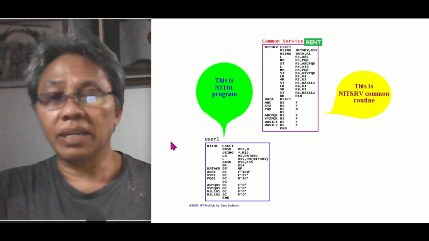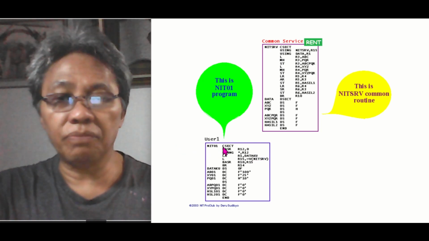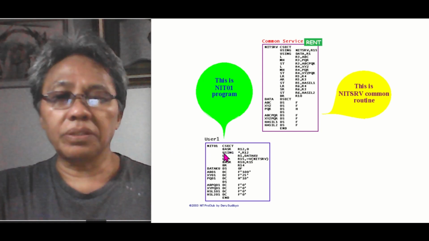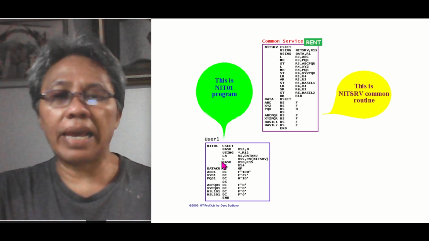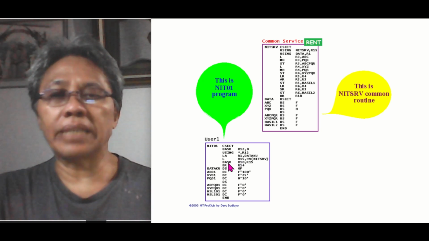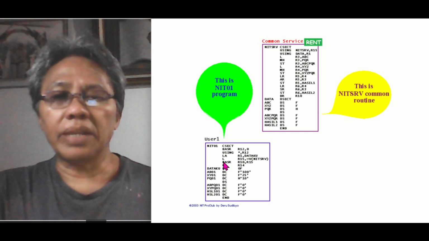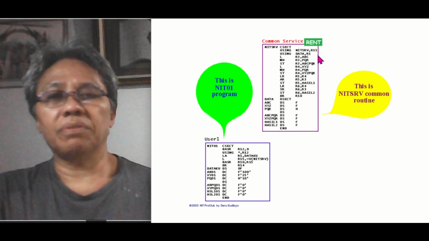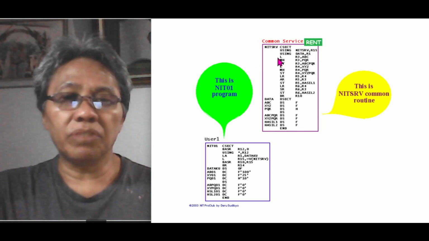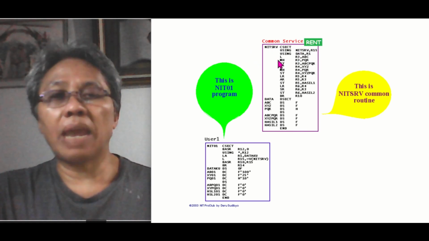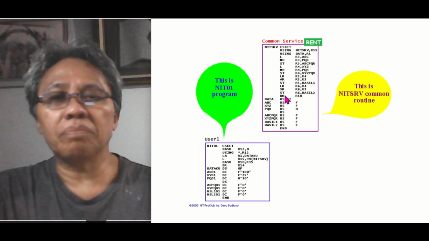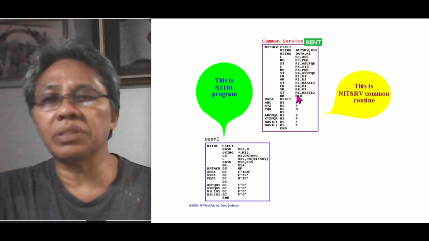When it is running, it is executed from the first instruction here, buzzer, brand and save register 12, 0, then next LA, next L, and next buzzer. Once the second buzzer is executed, execution control branches to this system module, netserve. Here also the same: it executes the first instruction L, load, then MH, the second instruction, then ST, and so on, until this instruction branches to the content of register 10.